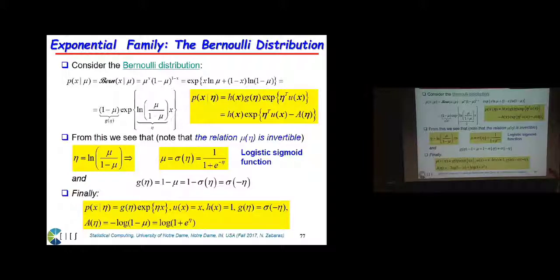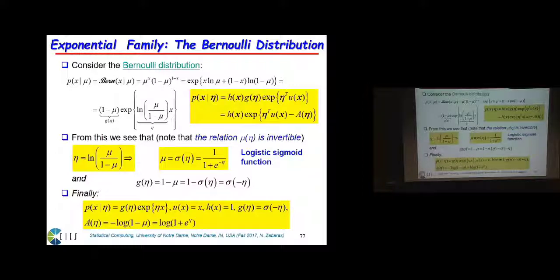It is basically a sigmoid function of eta. Now, you may say, sigmoid function, what is that? Well, for those who have taken any other course in machine learning, immediately you say, wow, that's interesting. So for now, what we're interested in is that we can reverse this and write mu as a unique function of eta, which in this case comes to be the logistic sigmoid function.